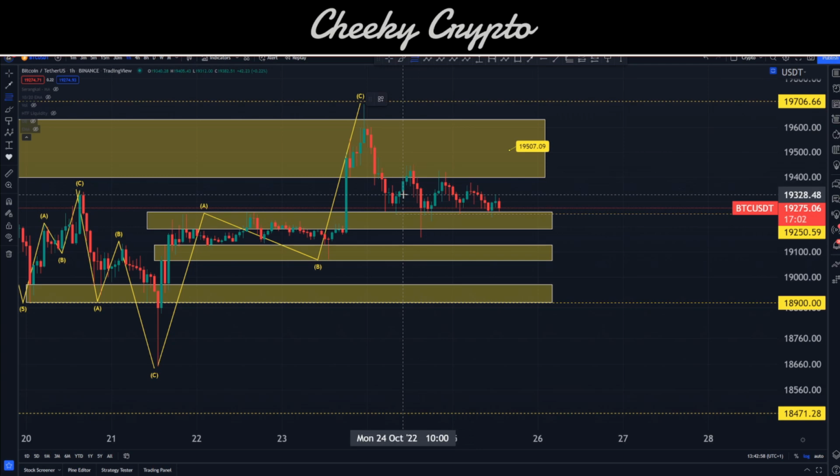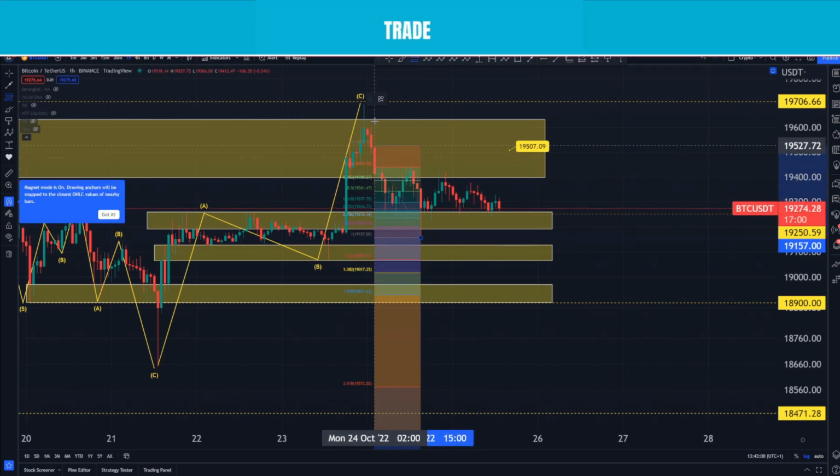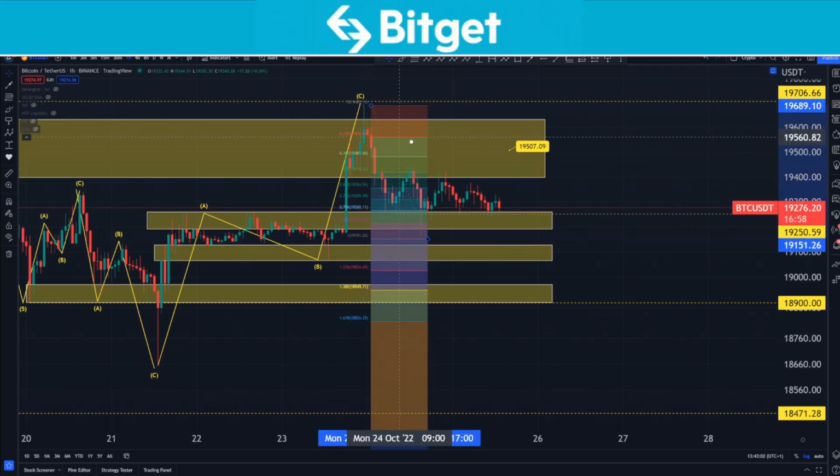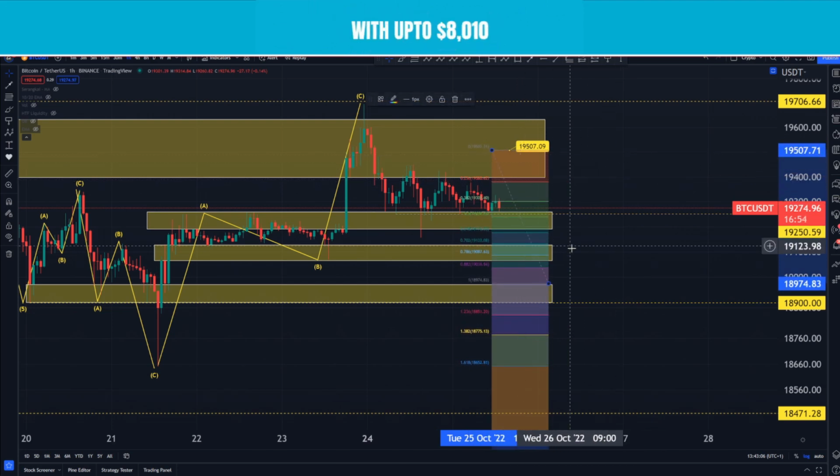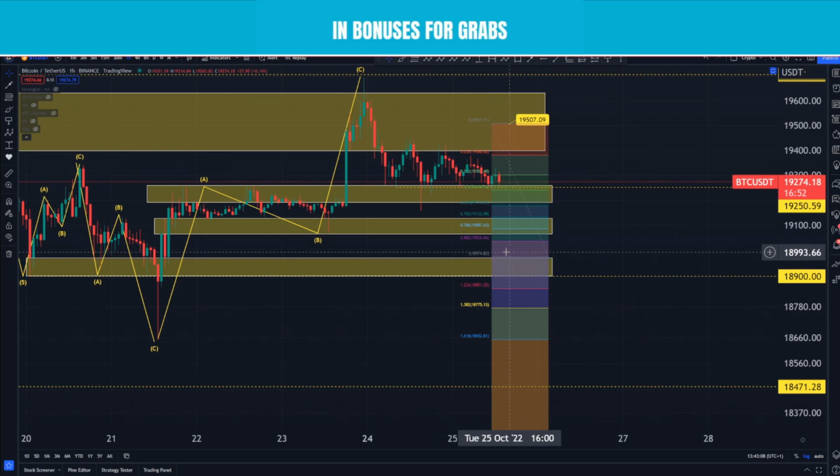Okay. And then of course we're going to grab the fibs again. This time we're going to run it from a slightly bigger point of view, which is this one here. And if this is our bouncing point, as in we're going to bounce up here, then get rejected from it, then we're going to move down towards this $18,000 level.